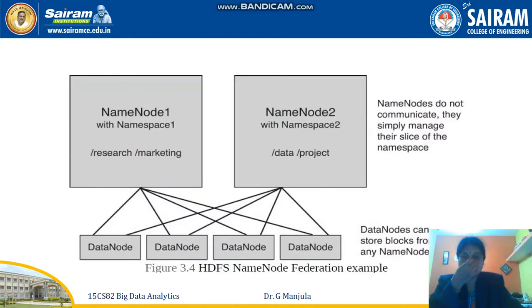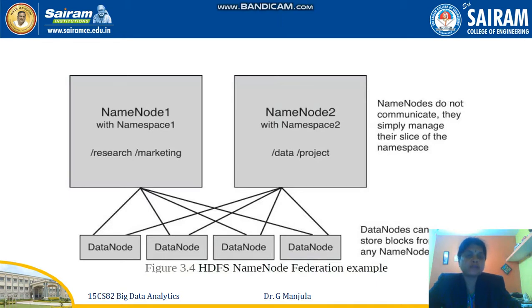Now, how is the name node taken care of in the federation example? As I told you, federation means adding n number of name nodes. So here you can see there are data nodes, four nodes, which are under the control of a master node, that is name node 1. The same data nodes are also slaves for name node 2. So why the duplication? Suppose master 1 and master 2 are there. There are 4 slaves, data node 1, 2, 3 and 4.